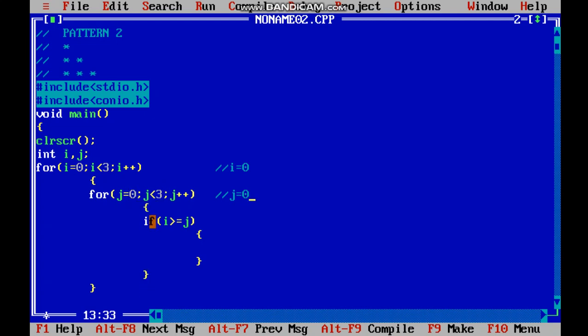Now it will check the if condition: I is greater than or equal to j, meaning 0 is greater than or equal to j. Is it true? Yes, it is true. Then let's print it out. For now it is true, right? We need to printf an asterisk and a space. I gave a space also. Here the I value was 0, the j value was also 0, so it was true, right? That's why we put printf asterisk space. So we got the first asterisk here, okay.